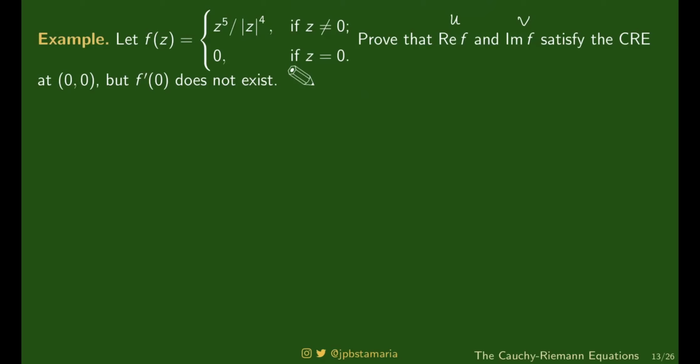Alright. So let's do this. Ang gagawin natin, write F as U plus IV para hindi natin tinatawag na re tsaka im yung U at tsaka yung V. Okay? Okay. So paano natin ipapakita that the U and the V satisfy the Cauchy-Riemann equations? Kung titignan nyo, di ba ang unang step, normally we let Z be X plus YI and then we calculate F of Z, F of X plus YI.